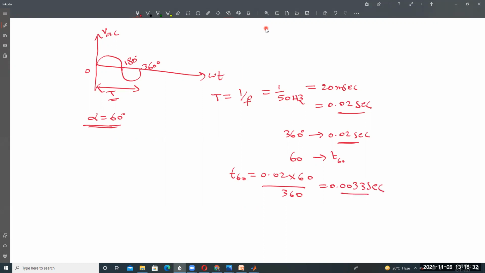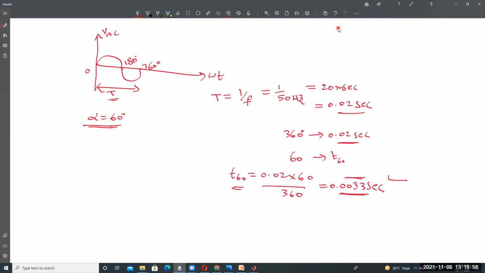Am I right? This is the time period for 60 degrees. So check it is correct: 0.02 into 60 divided by 360 is 0.003. That's right.